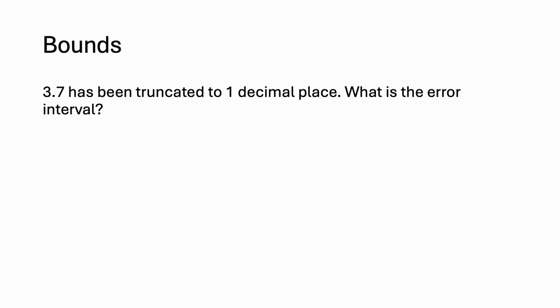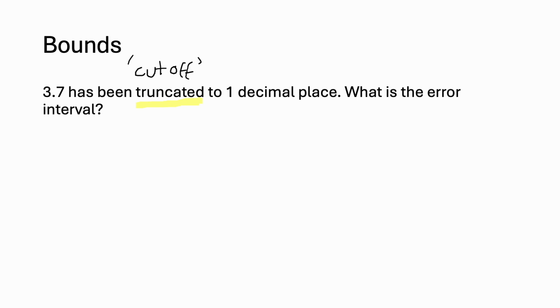Okay, this one here, 3.7 has been truncated. Very important. Truncated means cut off. Well, how I like to see it as cut off anyway, to one decimal place. What is the error interval? So, remember that truncate essentially means cut off, or how we know it. So if we use the idea of it being cut off,